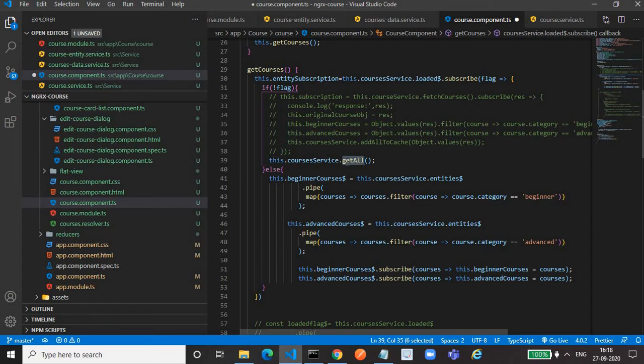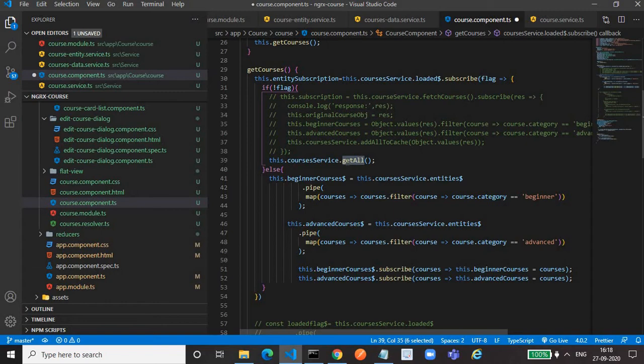These two things will be done automatically by this single function. You don't have to write any effect for that. But the constraint is the getAll method requires the API in a specific format. The API URL should be in a specific format.